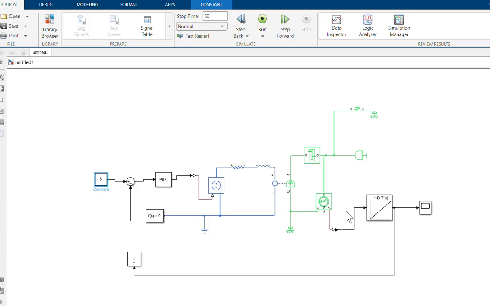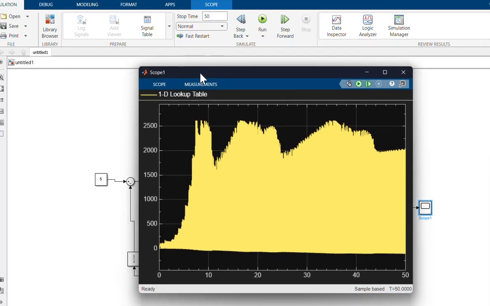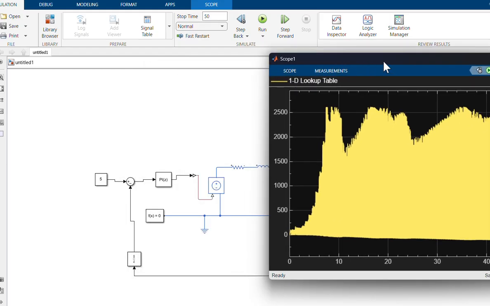It's a calculator. Just it calculated and it gives us the correct speed value, and then we can look at the scope. What's it? I just want to show you.